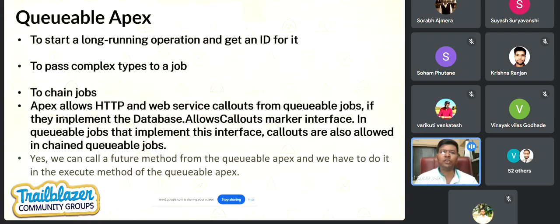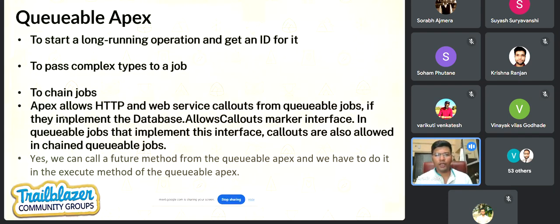They thought, they have already given queueable for doing such operations, so why do I again have to fix the future methods? So they kept the future method as it is but allowed the ability of passing an object as a parameter in queueable. Also, I was not able to do chaining, like suppose from one future method I had to call another future method or any asynchronous operation. No, that was not allowed. But with queueable you are able to do that.